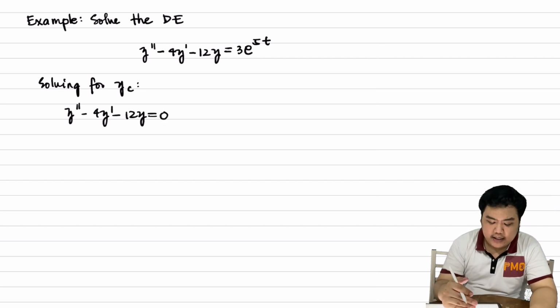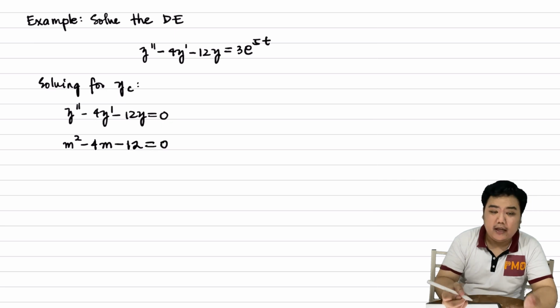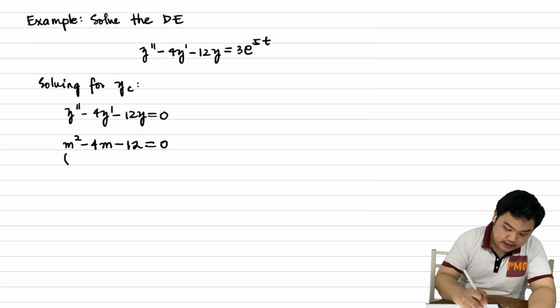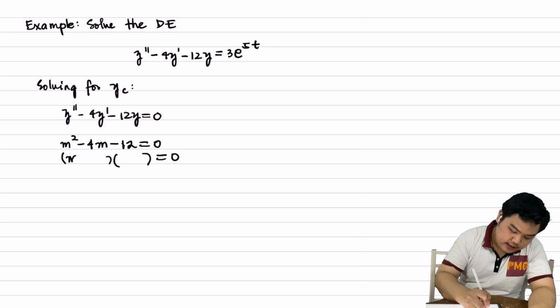And to solve this differential equation, you need the auxiliary equation. So, replace y double prime by m square, y prime by m, and y by 1. And you try to solve this. Ano bang lalabas dito? Solve for the roots. So, this is m,